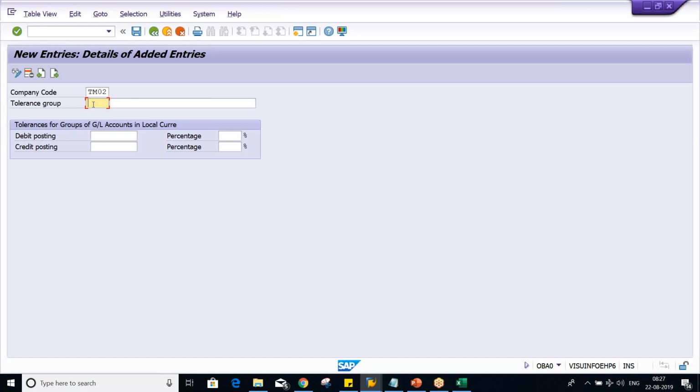It means the blank tolerance group is applicable for all GLs. It is applicable for all users as well, even when defining this tolerance group for users. If you keep it blank, it is applicable for all users by default. So now just keep it blank, and this logic you guys will be able to understand